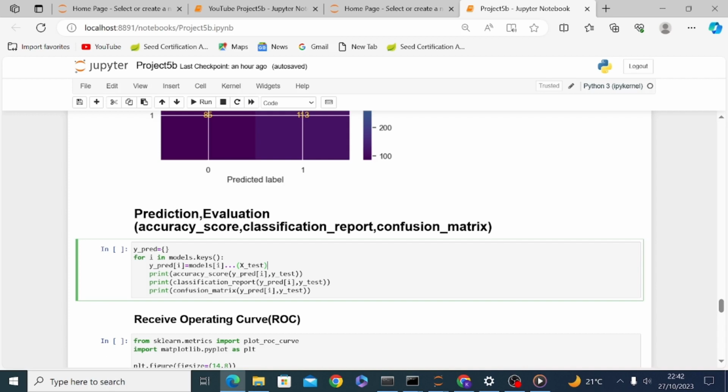Therefore, we need to find a way of selecting the best features for predicting the target variable, or we may also need to collect another variable which matters a lot in predicting the target variable. Now let's continue with this